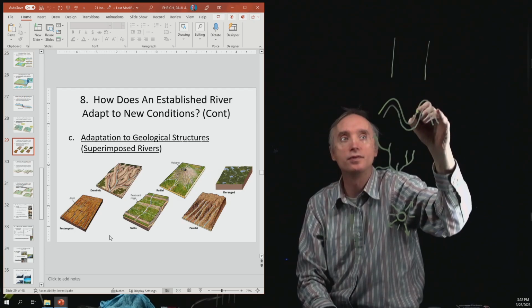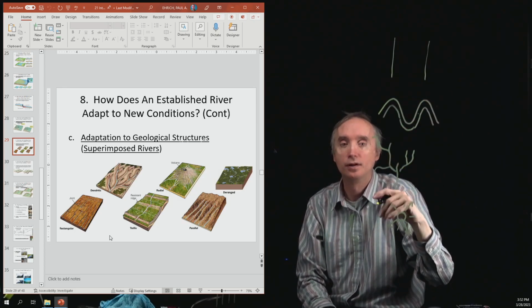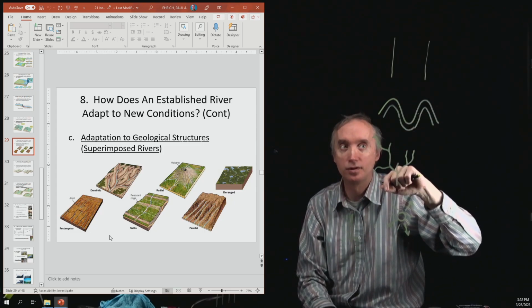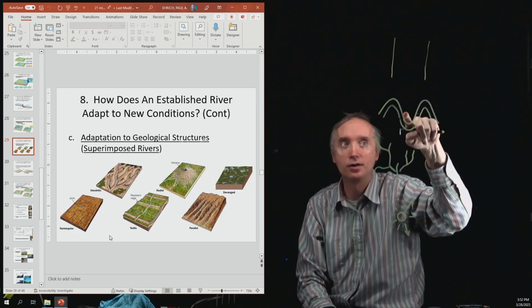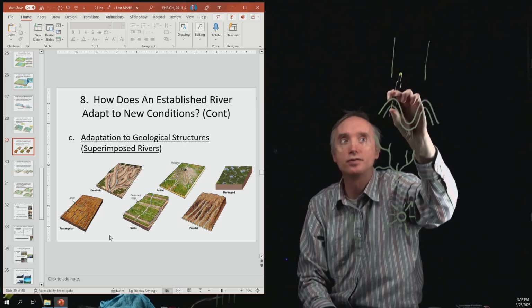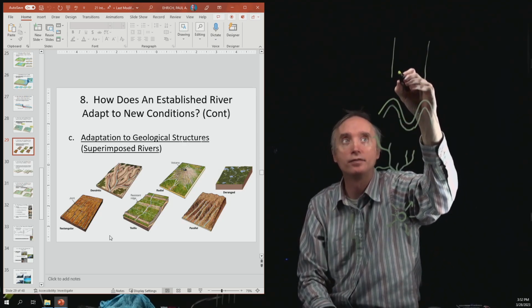So let's assume that this material is very resistant to the flow of the water. Okay, so it doesn't erode very much. But let's assume that down here it does. So that you're going to have ridges here, which correspond to the tops of these anticlines. And then where the syncline is at, you're going to have a valley